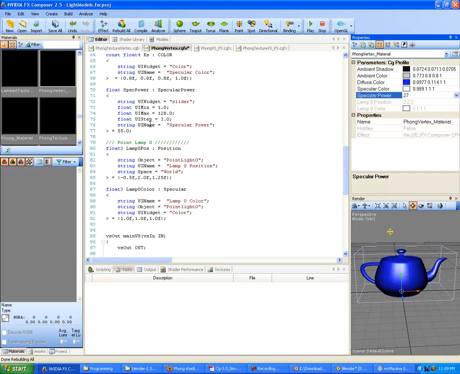Okay, so string UI name equals, in quotes, specular power here, in quotes, semicolon. And then we have a greater than sign here for closing our annotation here, and it equals 55.0 semicolon. Alright, great. So that's going to be its starting value right here. And of course the name is Specular Power, and it shows up as Specular Power. Alright, so moving on